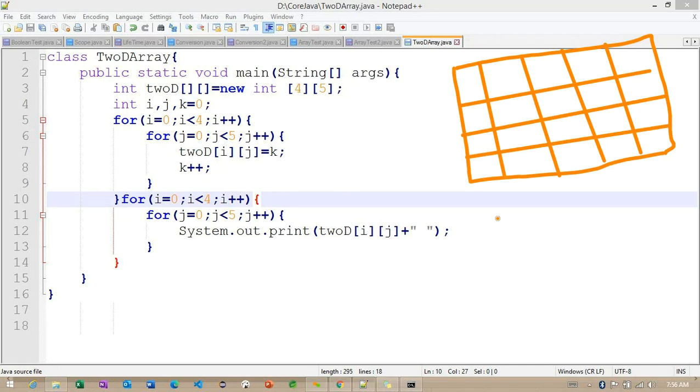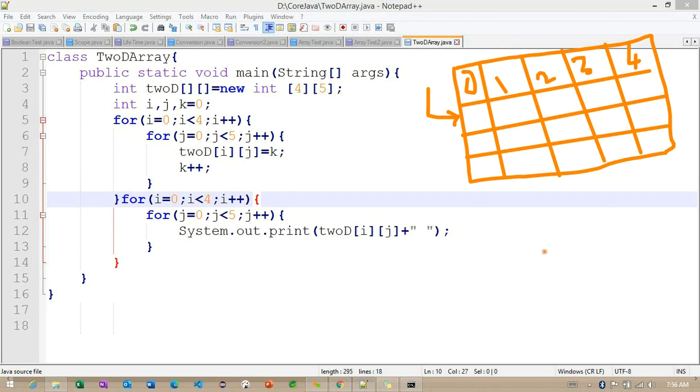Now what we need to do. We identified that println prints all the values on the next line, and the print method prints in a single line. But how many values do we want in a single line? You can see 0, 1, 2, 3, and 4. We need to print only 5 values, and after printing the 5 values, we need to go to the next line. How exactly can we print these values?